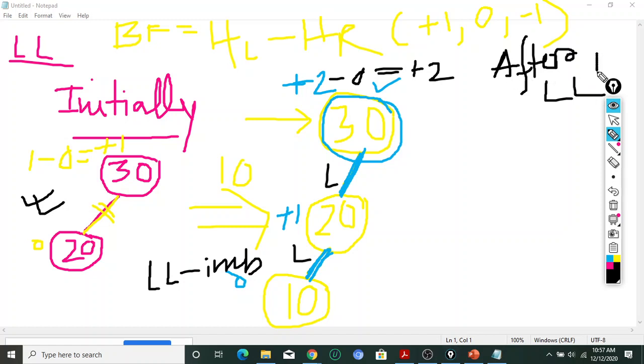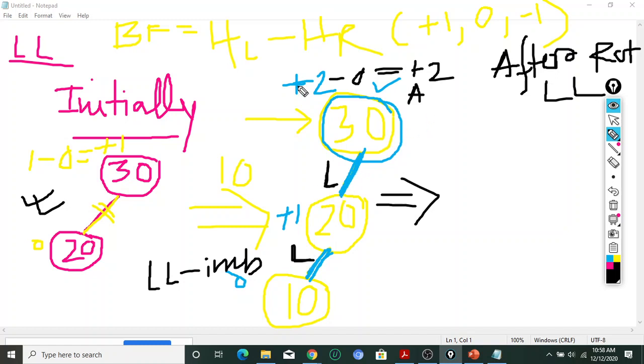So after LL rotation, I don't have any space so I am just writing in short. If I want to perform the rotation, try to understand this one. This 10 is inserted to the left of 20, so this is left, and it is in the left subtree of the root node, so that is also left. So left of left. If I consider this node as A, we can say it like this: insert a node in the left subtree of A.